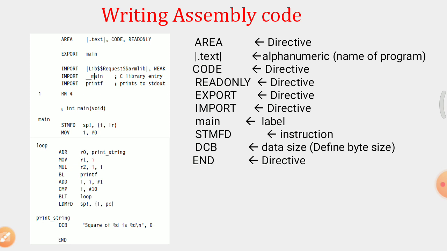In the fourth place, we have written READONLY. This is also a directive which tells the compiler that the program is a read-only program. The fourth place is meant for the permission section. It is a permission section for the code or data for modification purposes: either read only, read write, or only write. Like that we can give some permissions.